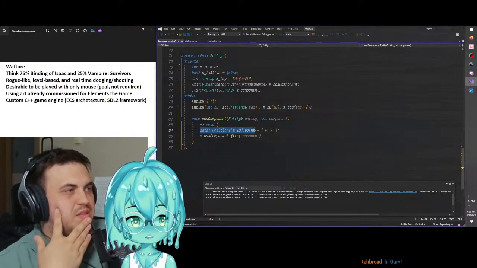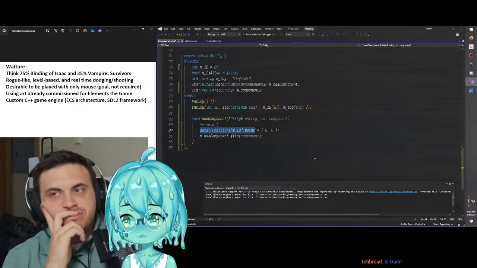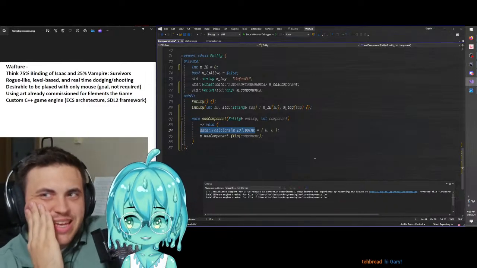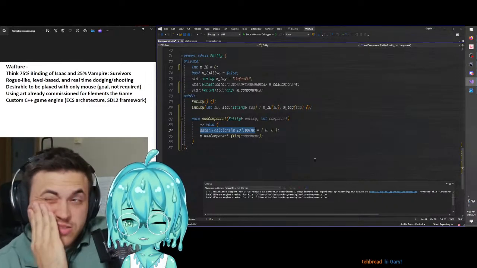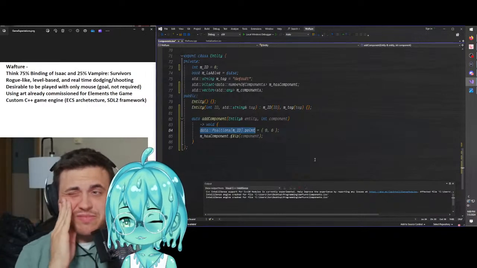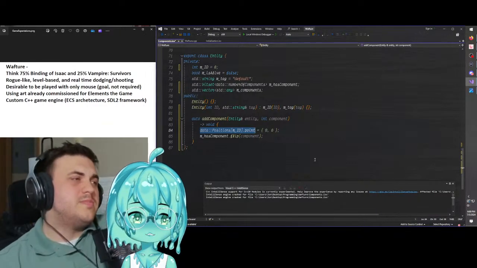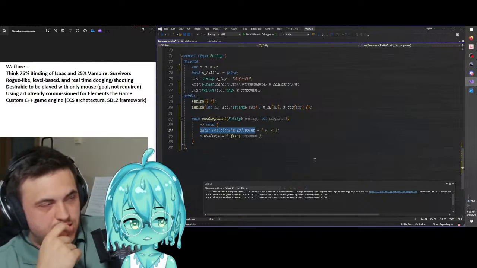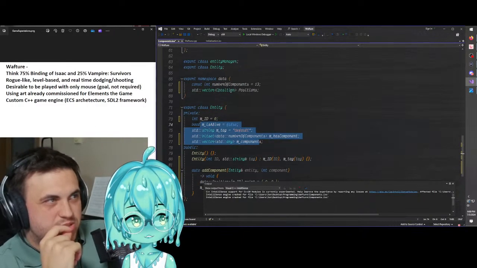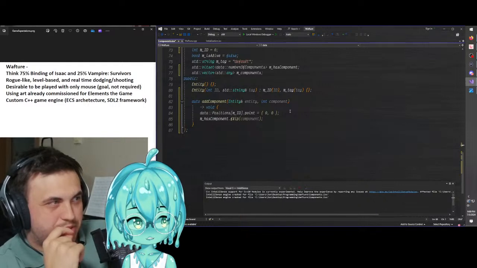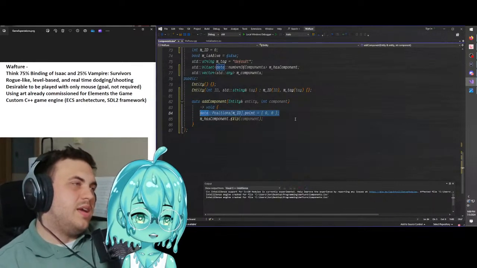This needs to be generic. I don't know if you can template something inside of a function. I actually don't know. I know you can template functions. I'm just wondering, maybe this is like a switch statement where depending on the switch statement is what entity data we add it to. Oh no, are we bringing back the switch statement? So it would be something like,